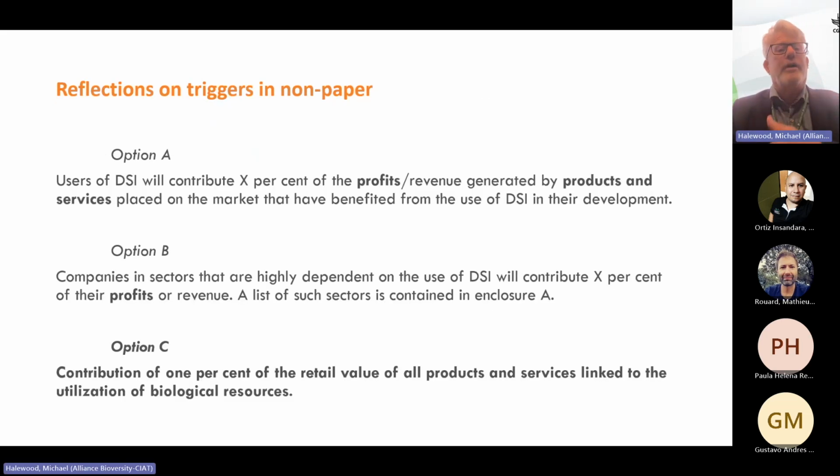So to move from that to reflections on the non-paper, we have these three options in front of us, and option A, we think, does not conform to this delinking of benefit sharing from the products. I've heard it said that one could read that the products and services placed on the market could be addressed by predefining what are the products. So you define a portfolio of products, and then you don't have to track and trace into each one. But if you do that, then really you're in option A. Option B, which is the sector. So if you're looking at a sector,